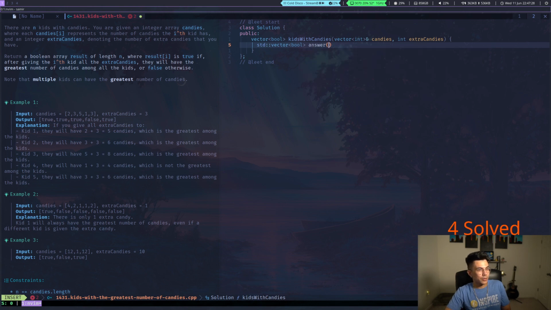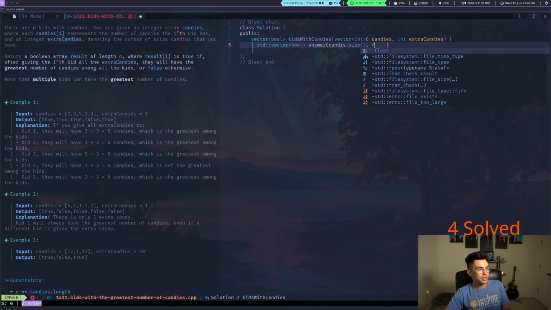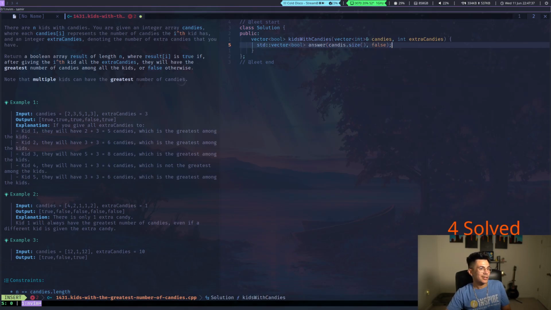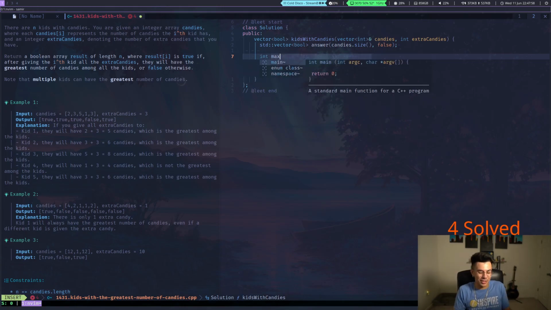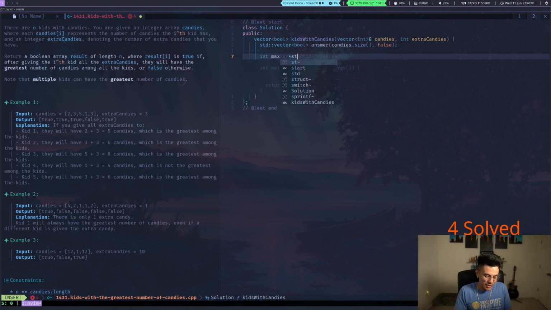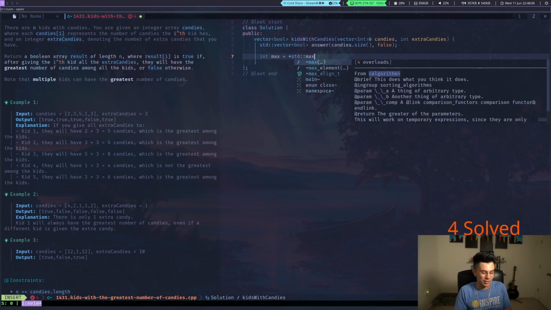Answer. And we're gonna make it of size candies size, and they're all false. I need to learn how to spell the word candy or candies. Yeah, so I can think of a 2-pass solution pretty easily, but I'm gonna do something real fancy, or at least I find it fancy. We're gonna dereference something. It's gonna be called stud. If I can do it, max element